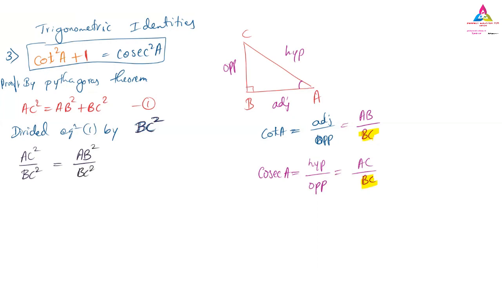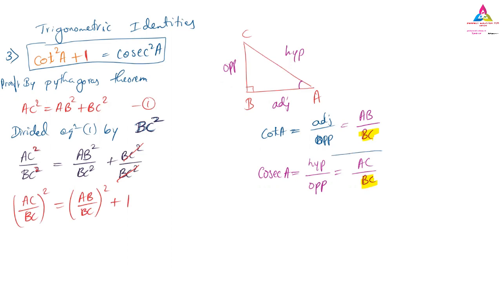So AB square we have, and on this side we have BC square divided by BC square. Here BC square and this BC square get cancelled, and AC by BC we have, that can be written as AC by BC the whole square. Remember, I have taken the square, then only we can take the square common. Similarly here also AB by BC the square common, and here it is already cancelled out, so the remaining is only 1.